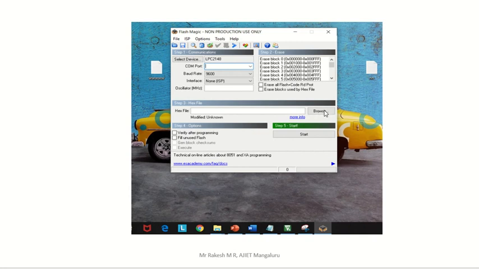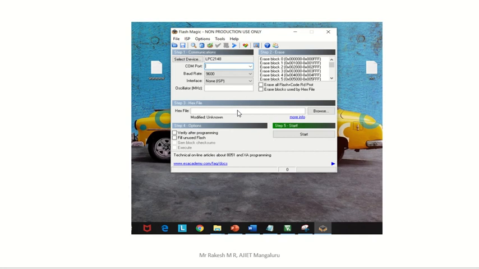Click on browse. When you click on browse, it will go to your PC. There you have to select your hex file. Which hex file? We already created one hex file by using Keil software. That hex file is stored in the particular folder where you saved the program. There we have that hex file.